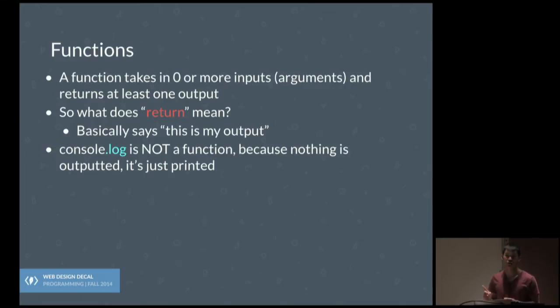But there's a key difference between what I've already said before with console.log. So console.log is actually not a function because it doesn't actually output anything. It only just prints things. There's a strange difference, and when you do it within the console, you'll see printing 1 plus 1 looks like the same thing. It's actually doing a function that returns 1 plus 1. But basically, the difference is that you can't manipulate whatever the return value is for something that just prints it, right?